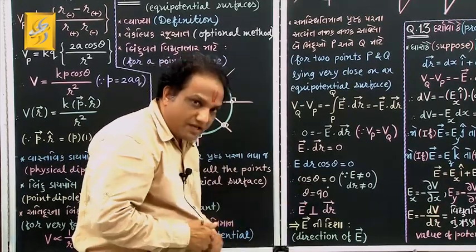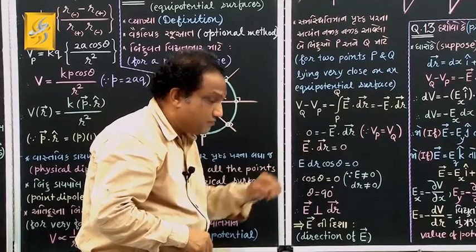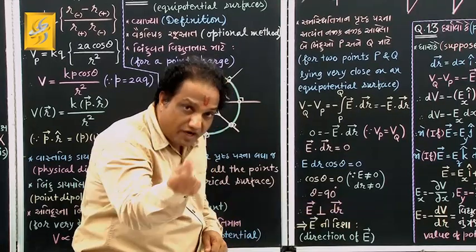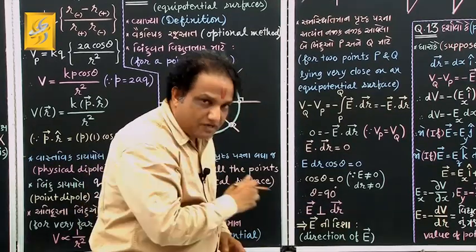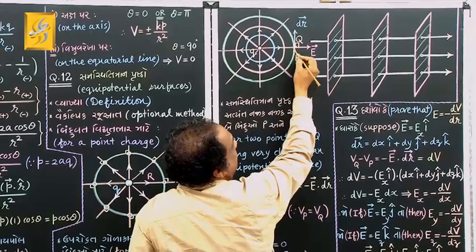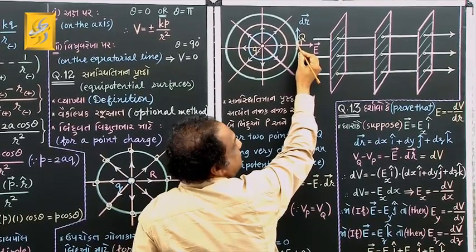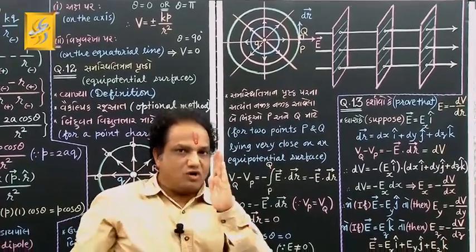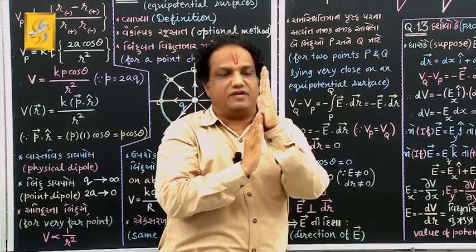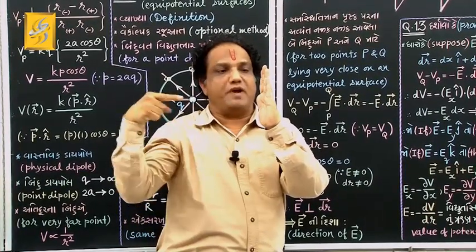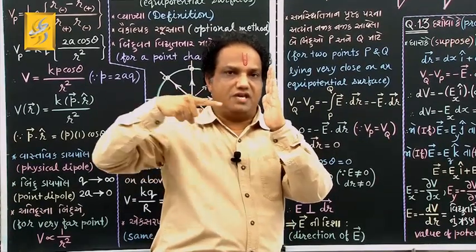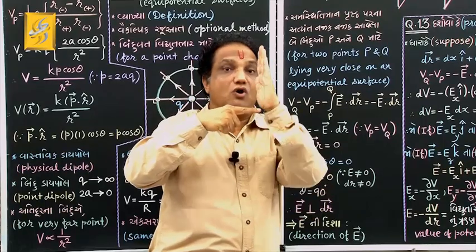And if that theta is 90 degrees, meaning thereby these two vectors must be mutually perpendicular. So I am writing here vector E perpendicular to vector dr. But what is the direction of vector dr? This way, correct? It is parallel to this part of the equipotential surface. Now suppose that part of the equipotential surface is like this, so this is the direction of vector dr, and where is vector E? Perpendicular to this, correct? So like this. This is the direction of vector E and this is the direction of vector dr,